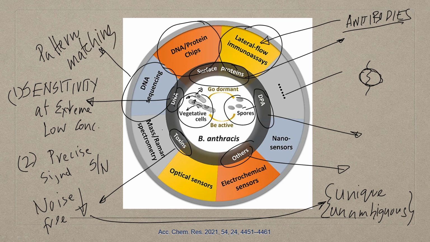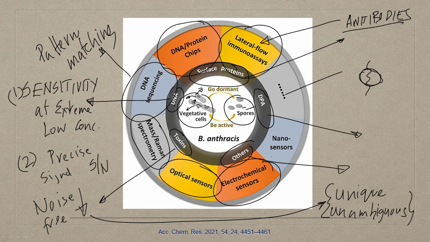Then you have mass spec, Raman spectrometry and spectroscopy techniques. These are mostly used for toxins and other molecules. Then you have optical sensors, which use some form of either fluorescent probes or some other light dependent mode, which gives a unique signal. Then you have the electrochemical sensors,